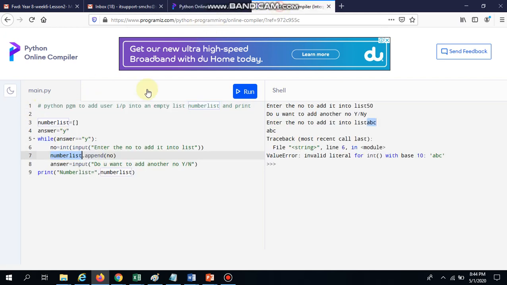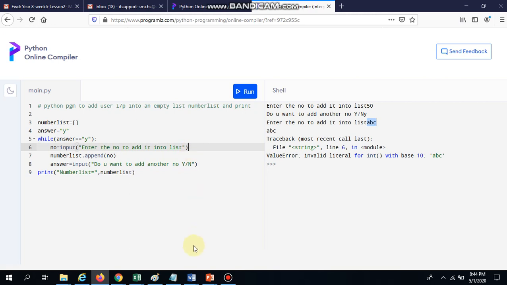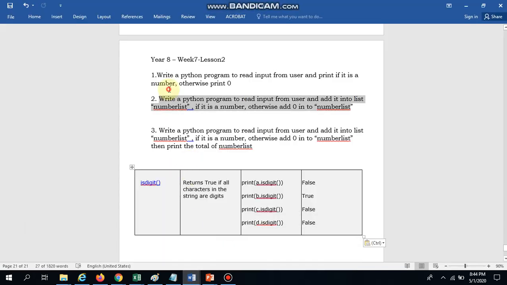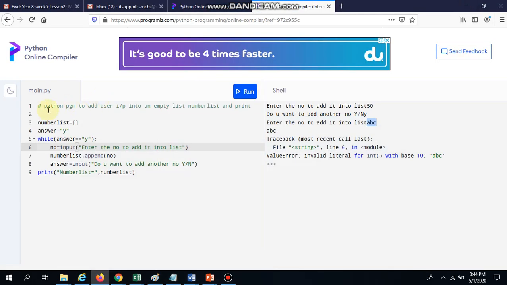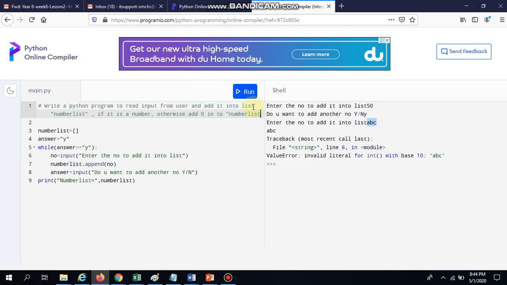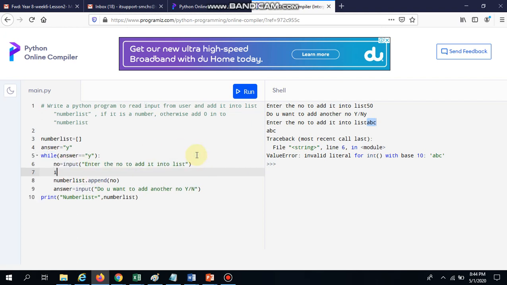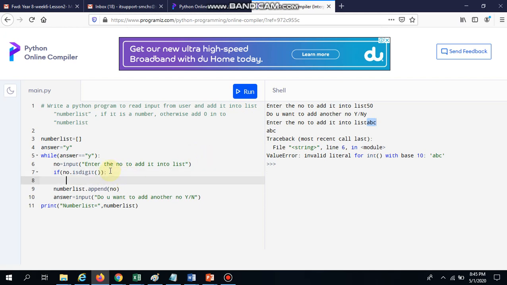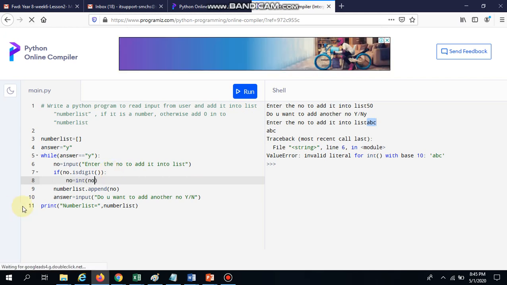So once we get the input number, that number we should not convert into integer immediately. So this program I am going to do for the second program now. See here, the number once I give, that comes as an input only, I mean the string. After that here I have to check whether the number is digit or not. If it is digit, that number should be converted into integer, then that number should be,